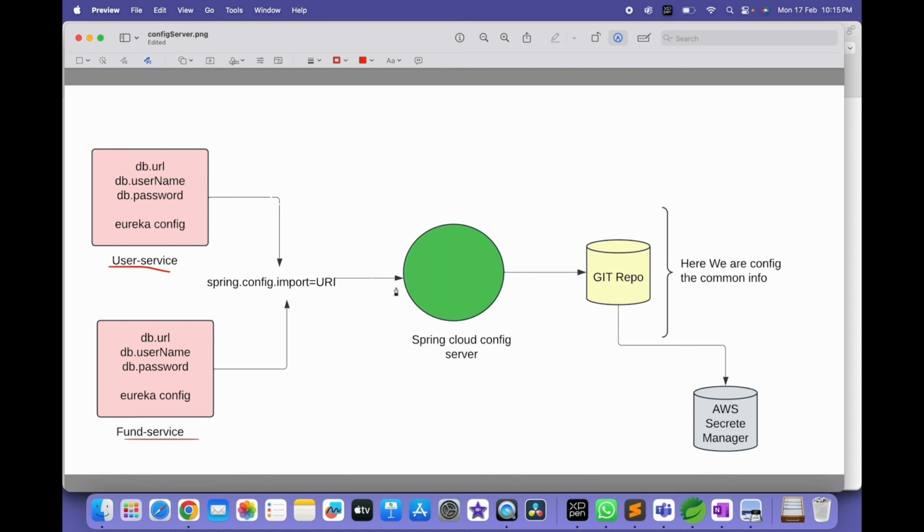So before configuring the config server, first we'll create one Git repository, and inside this Git repository we write all our common configuration like this DB information or Eureka configuration, all our common configuration across the services. All the common configuration I'll keep inside the Git repository. Okay, so the config server will collect this information from the Git repository, then it will act as a config server. Then my services like user service and font service will read this information from the config server by